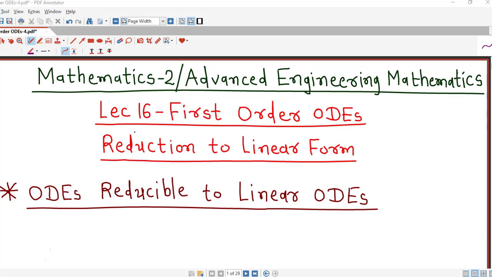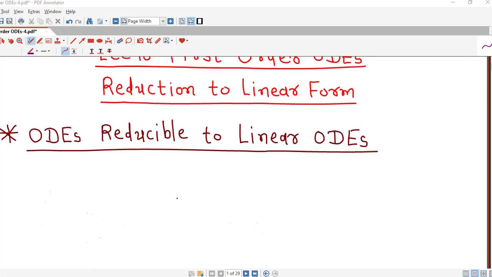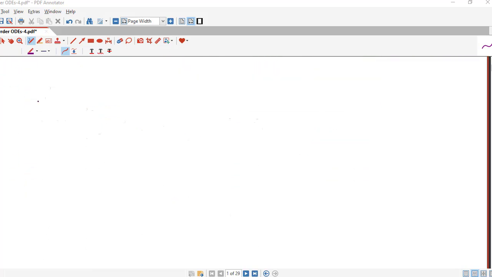Hello friends, I welcome you to lecture number 16 on first order ordinary differential equations. In lecture number 15, we have seen how certain types of differential equations can be converted into linear differential equations. Recall that in lecture 15, we saw that if our differential equation is in this form,